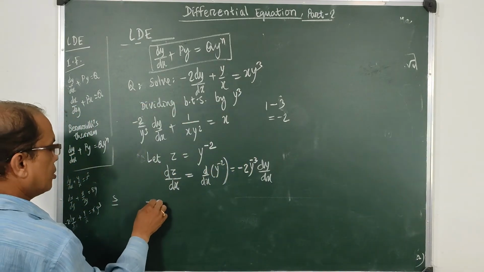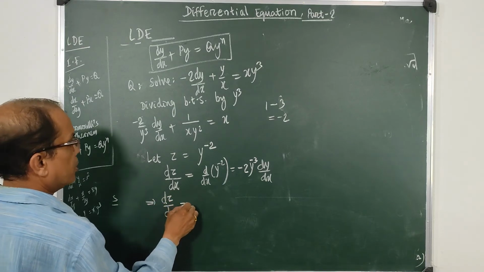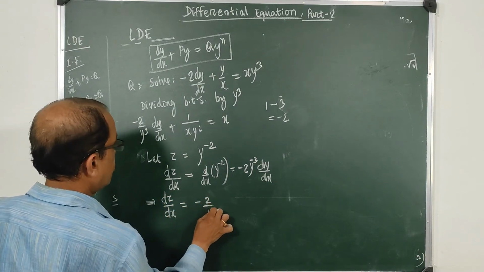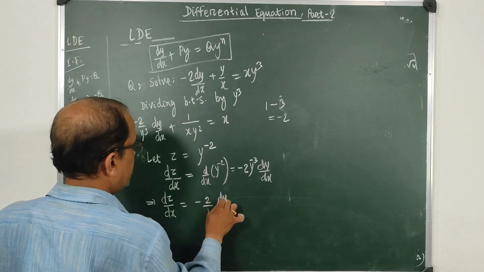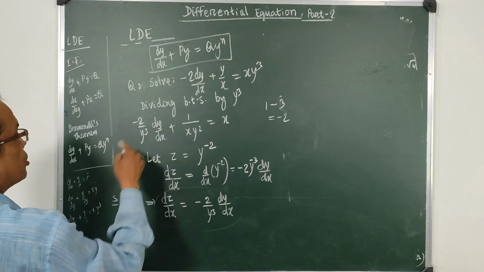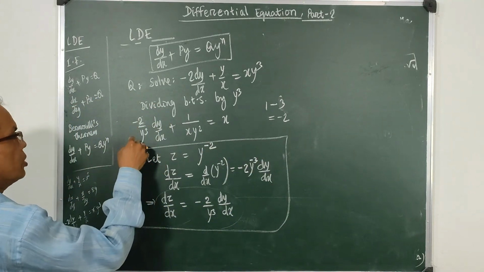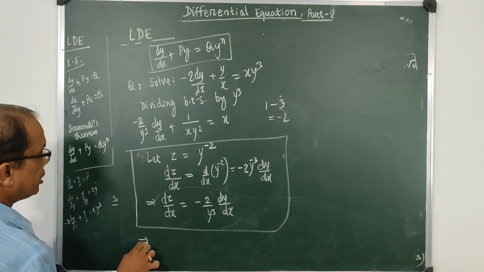Simplifying this, we get dz by dx is equal to minus 2 by y cube dy by dx. So putting this value in the equation, this equation is converted into the form